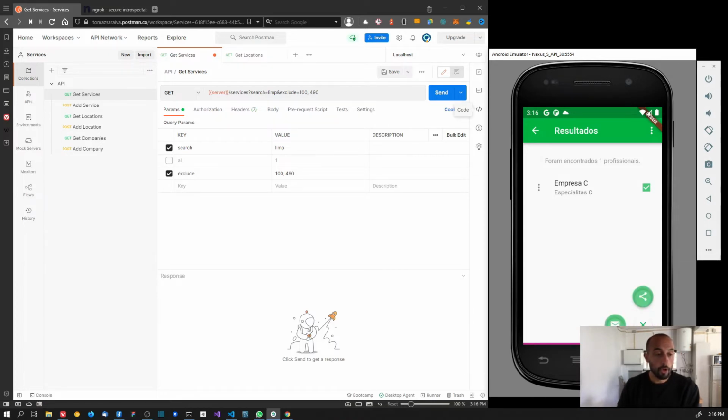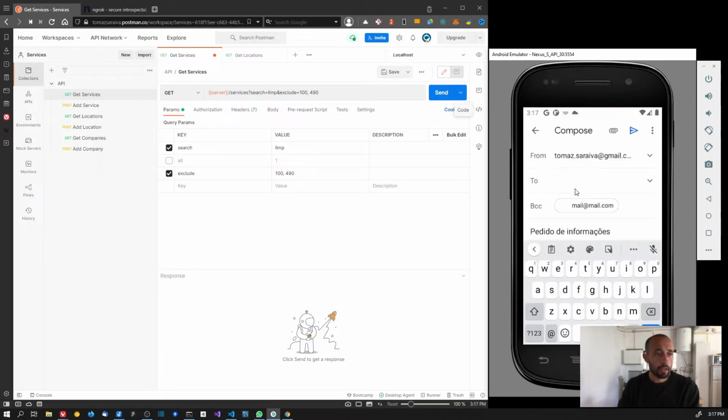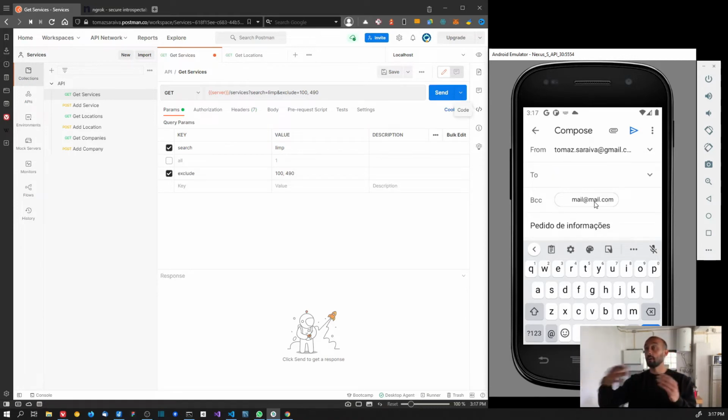Really good. They have the whole code to create this expandable floating action button. But I still have some things to deal with here. I don't know why this is happening. So I could select this and choose email, and that's what this will do. Right now we only have one company, so we only have one email, but it will basically take the emails from all the selected companies in the results list and add all those emails to the BCC field. And I'm still missing adding the user email to the To field,